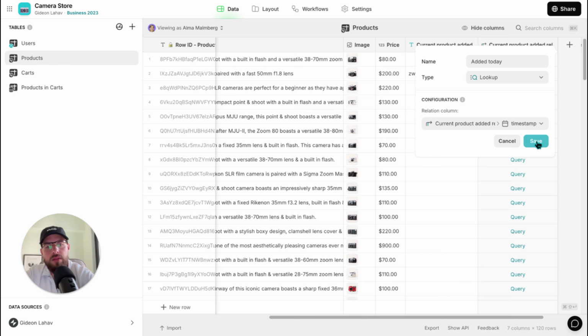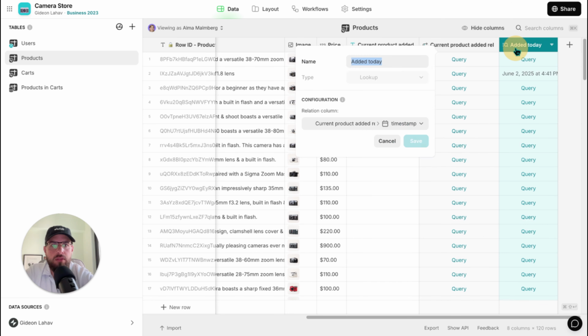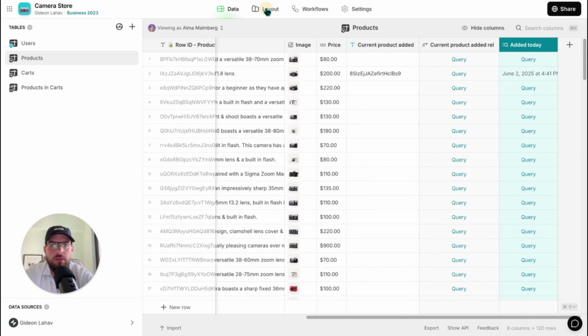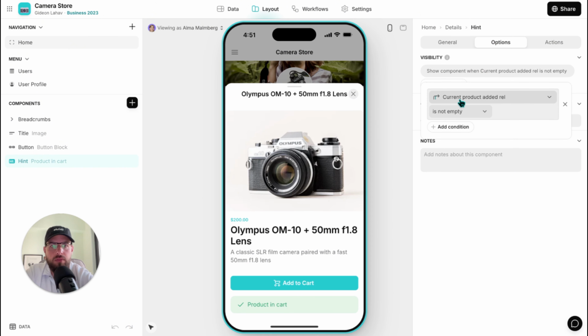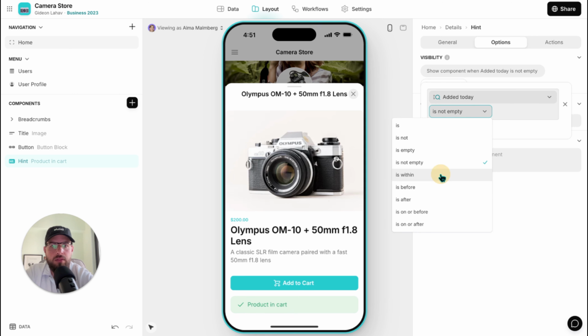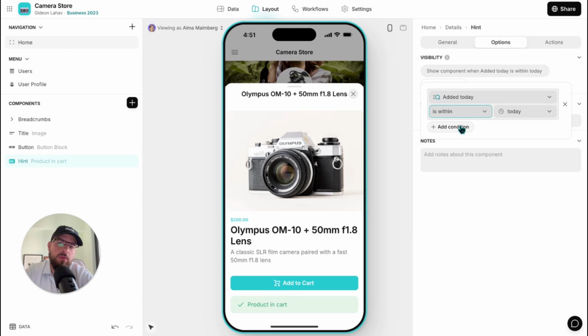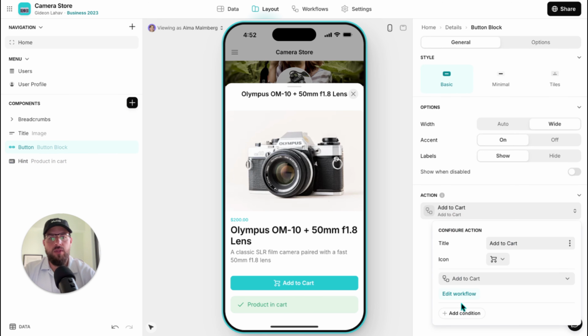It's a bit harder to use than the regular Glide tables. We have a bit of limitations. We have here edit date, so we can say this product in cart. If the edit today is within today, I mean been added today at least, I will, and we can say that